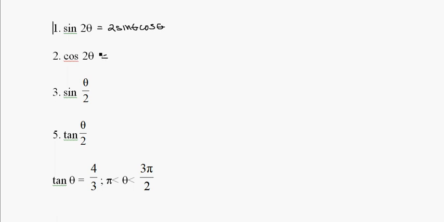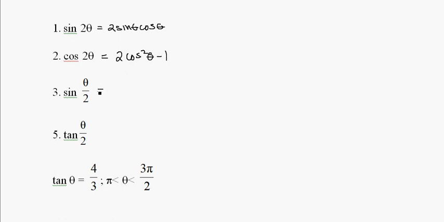Double angle cosine, there's 3 different versions. To me, the easiest one to pick is either 2 cosine squared theta minus 1 or 1 minus 2 sine squared theta. I find this one to be easier to use because I like having this one positive. I don't like using cosine squared theta minus sine squared theta because then I have to figure out 2